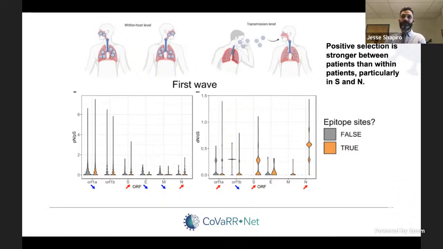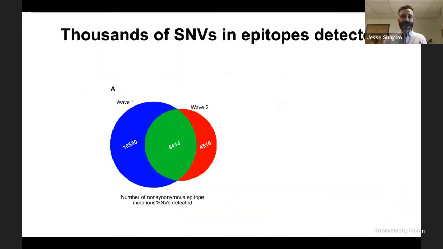Okay, so again, this suggests that positive selection is stronger between patients, so at the transmission level, particularly in the spike and the nucleocapsid protein in epitope sites. And this was all looking at first wave data, genome sequences from the first wave, so January to July 2020, but we see similar patterns in wave 2. Also comparing the waves,